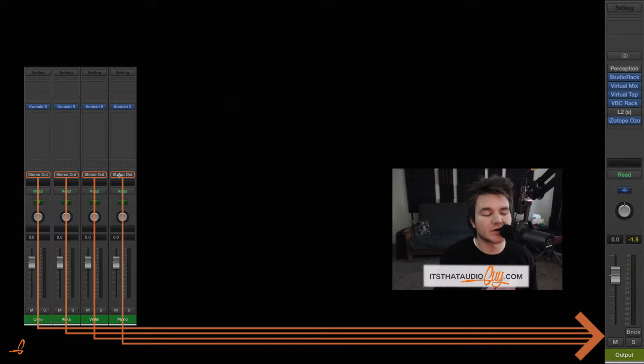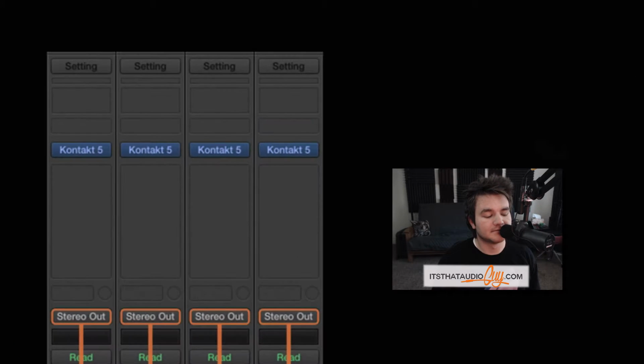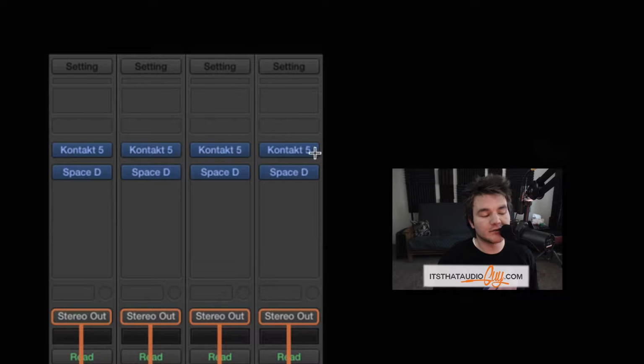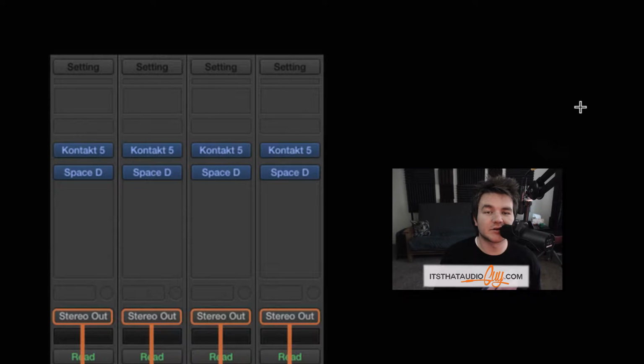So we're using Logic tracks right now, and these are being routed to our stereo out. Now let's pretend that we want to put a reverb on these tracks. So we throw on a reverb, and we put this Logic Space Designer because we want all of them to have the same kind of atmosphere. But over time, that will start to wear on your CPU because reverb takes up a lot of